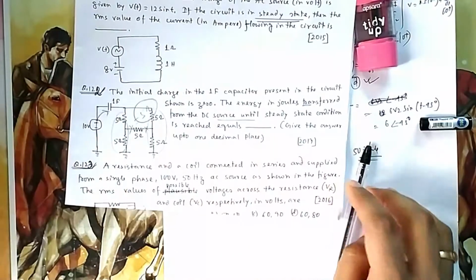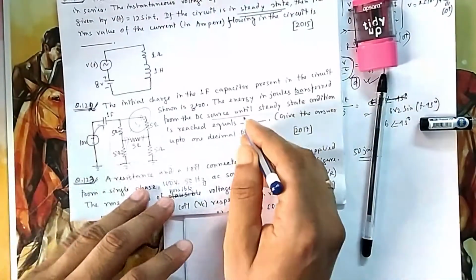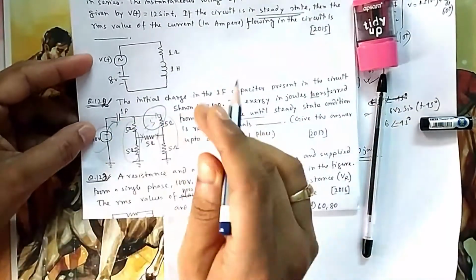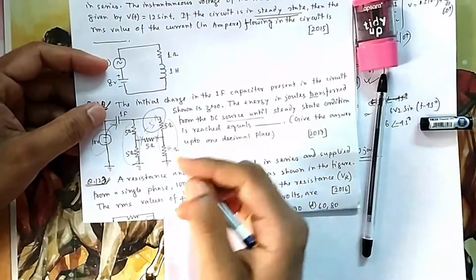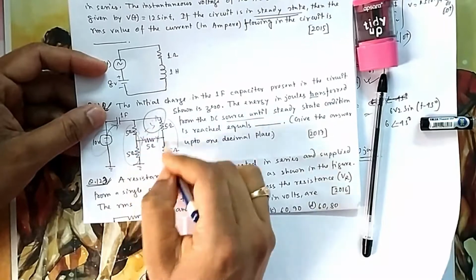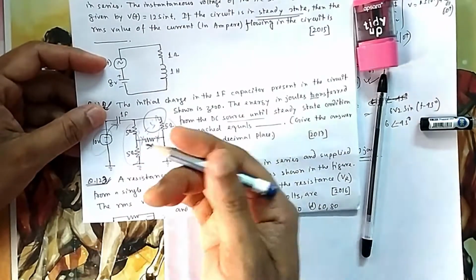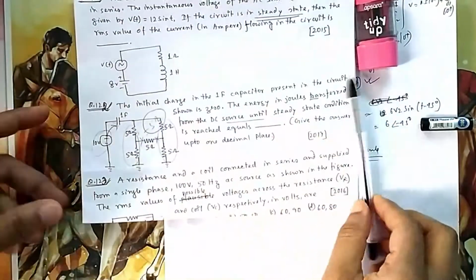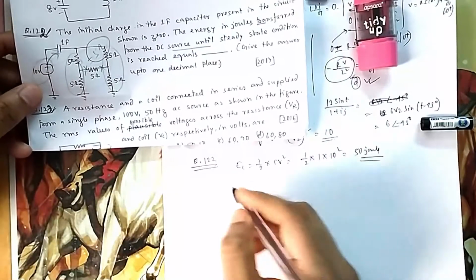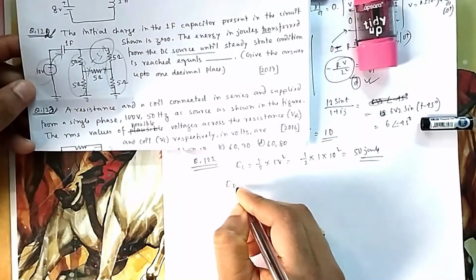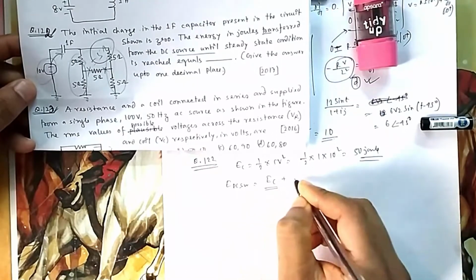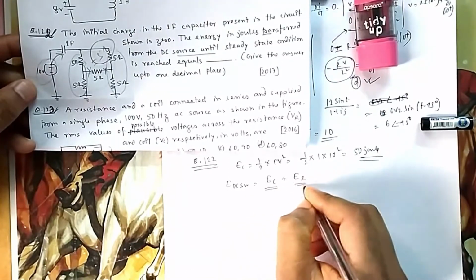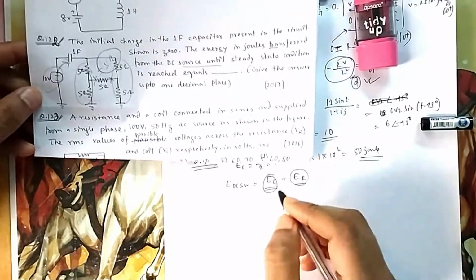But they have asked what is the energy transferred from the DC source. So from the DC source, two energies are transferred. One is transferred to the capacitor, which is stored, which you can recover anytime, and one energy has been dissipated in the resistance as heat, which you cannot recover, it is non-recoverable. So the total energy that is transferred from your DC source is equal to the energy stored here plus the energy dissipated in R. So this one you got, you need to find this one.